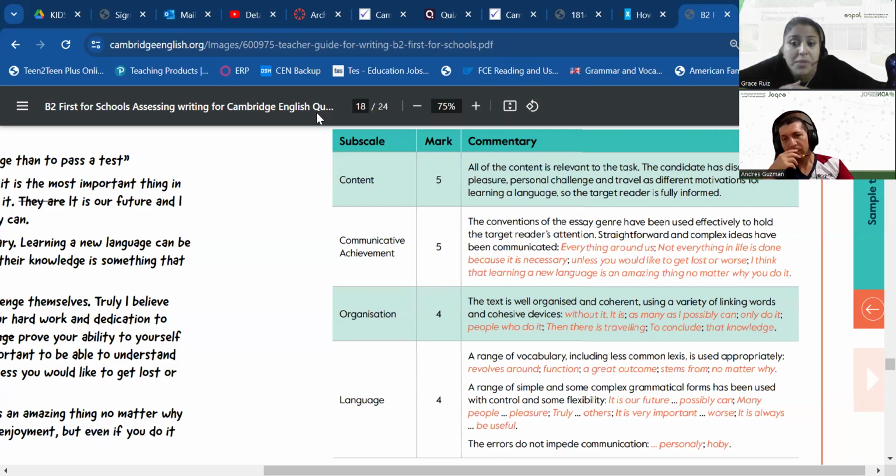I don't understand why they put a 4 if they say that they are using it well, but I guess it could have been better even. No? Okay, and then in language, it says that they're using a range of vocabulary, including less common lexis, used appropriately. So it's like it's using a lot of basic language. When they are using a lot of basic language, they usually go down. That is the reason why